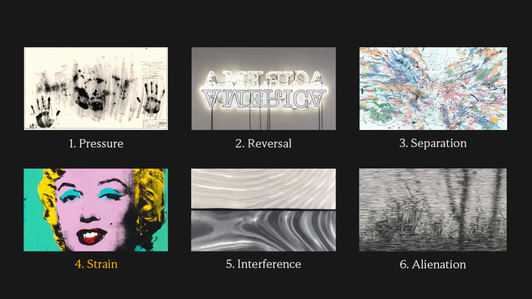This is the fourth of 6 lectures focusing on what we might call the physics of print, and through that physics, the poetics and the politics of print in modern and contemporary art. Today's topic is strain. Now, as with all of the titles that structure this lecture series, I'm asking this keyword strain to do a lot of work.